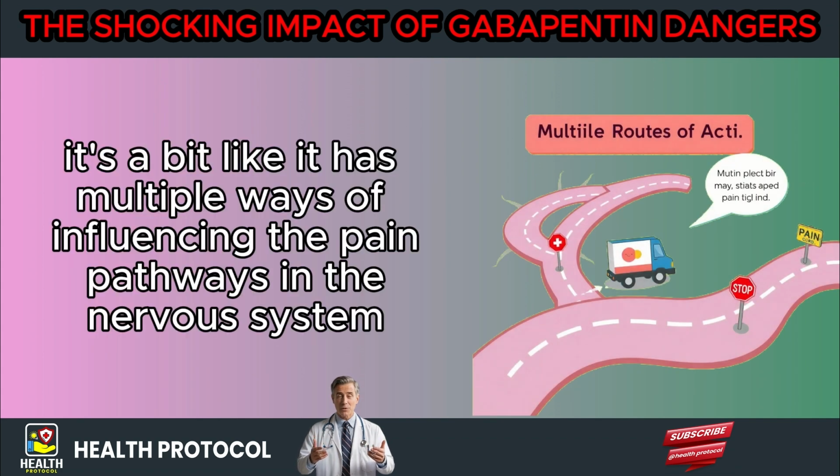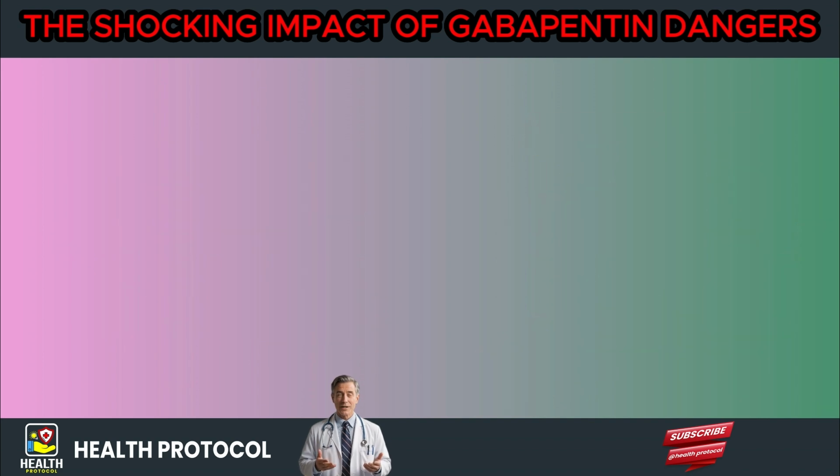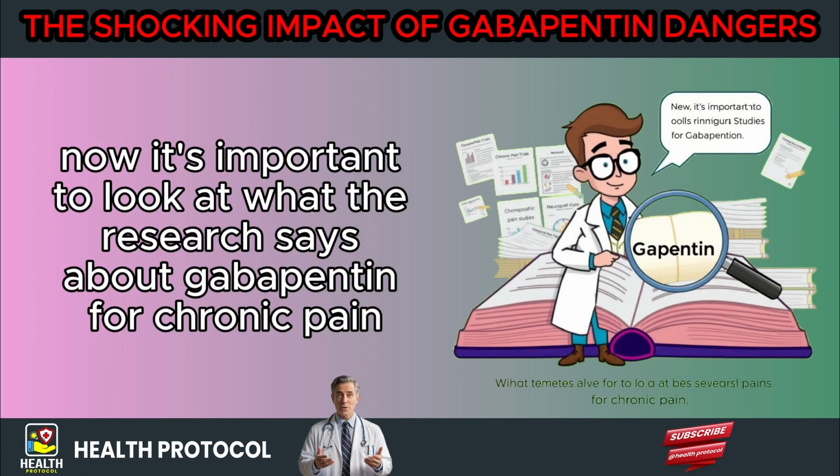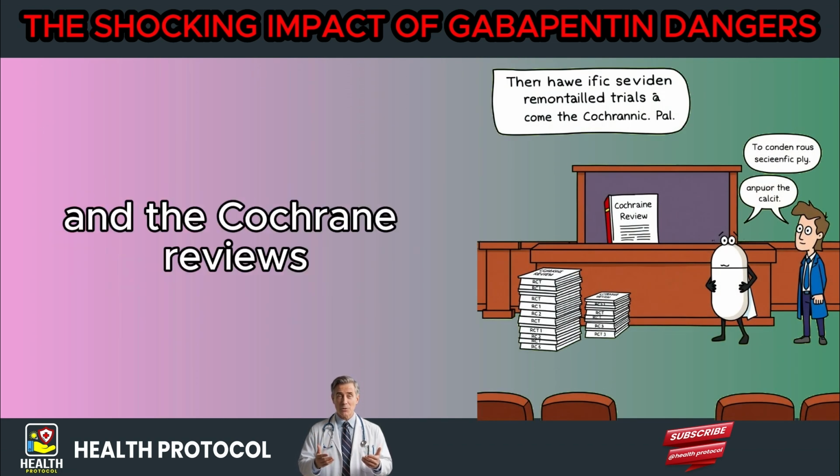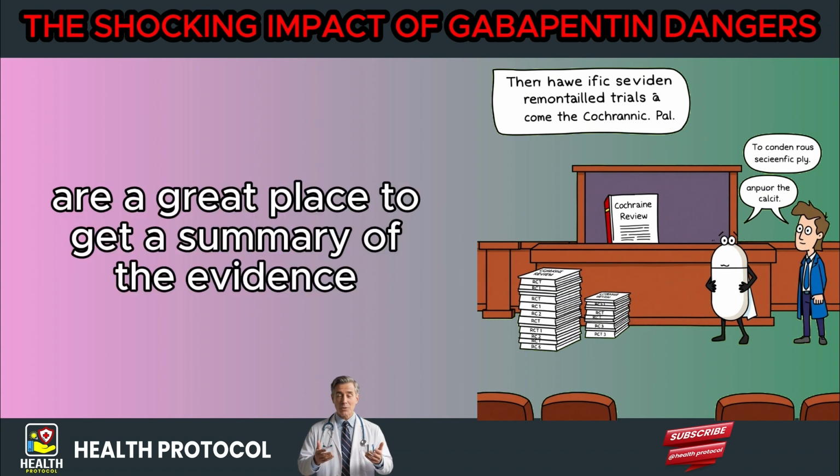It's a bit like it has multiple ways of influencing the pain pathways in the nervous system. Now it's important to look at what the research says about gabapentin for chronic pain. There have been several randomized controlled trials, and the Cochrane reviews are a great place to get a summary of